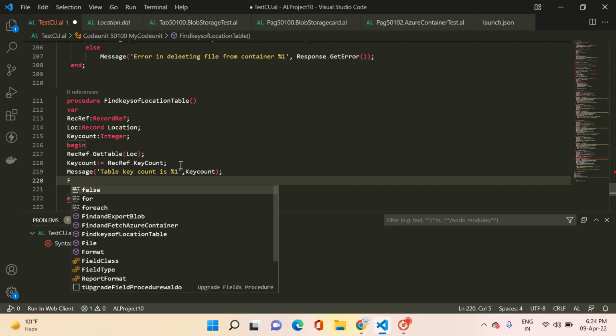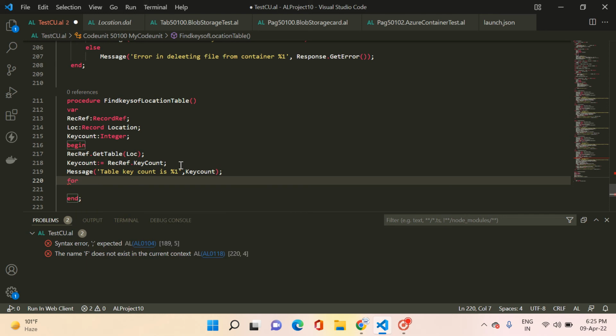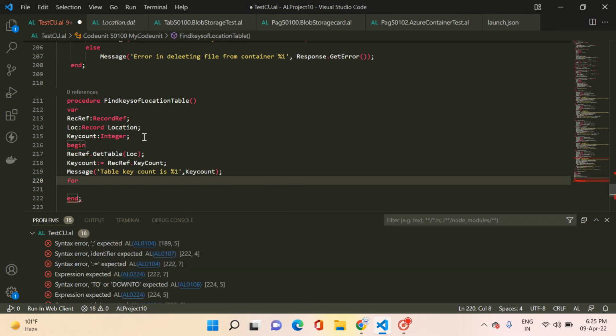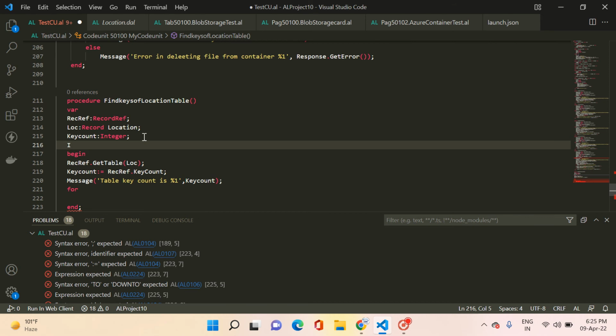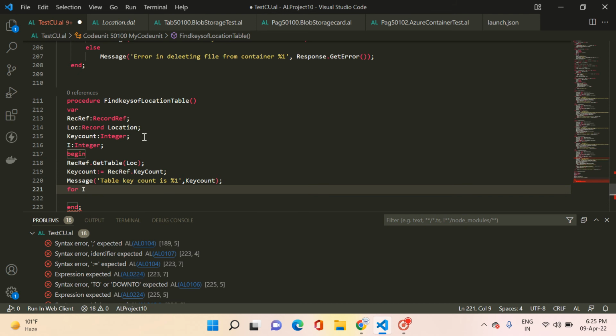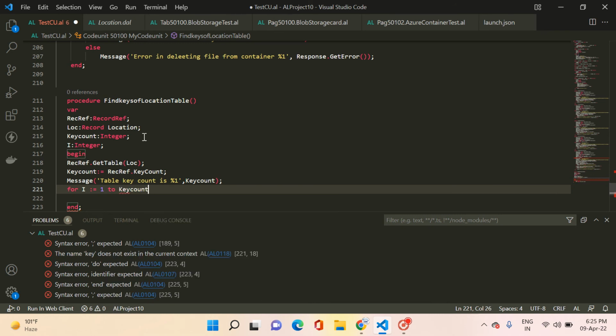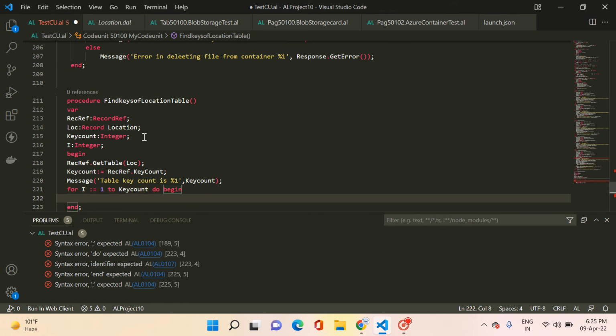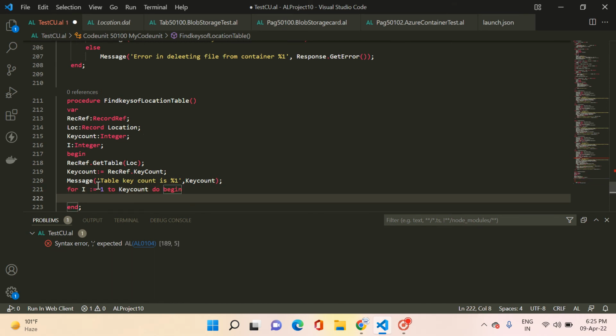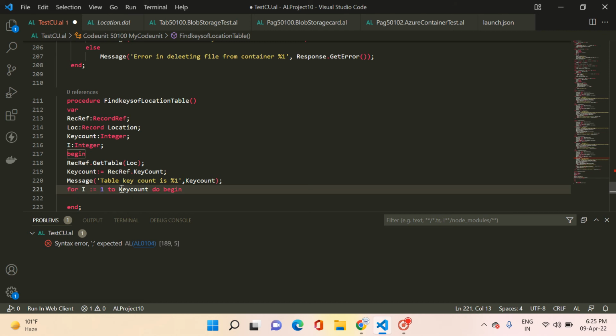So now I have to traverse each key one by one, which means I have to use a loop. So we will use a for loop here, and let me create one variable of type integer. So let's say for I equals 1 to key count, then do begin. What I'm telling the system is that from value 1 to whatever number of count this variable holds,